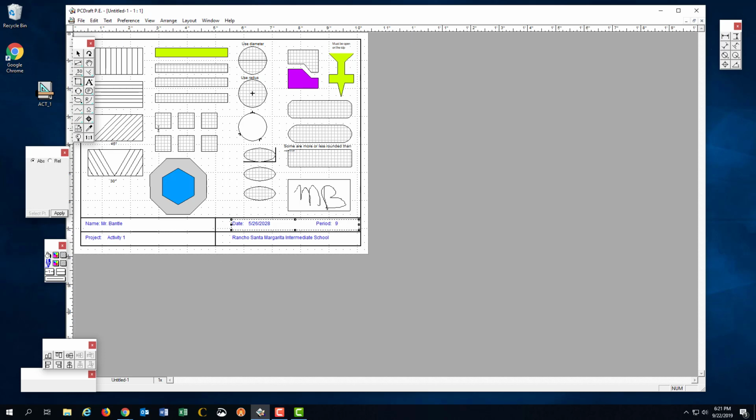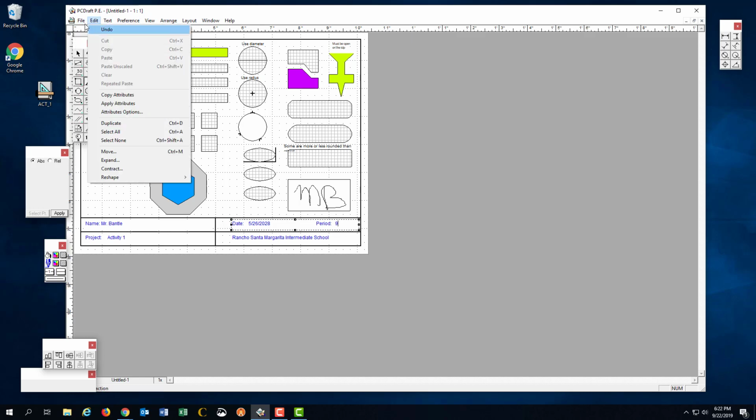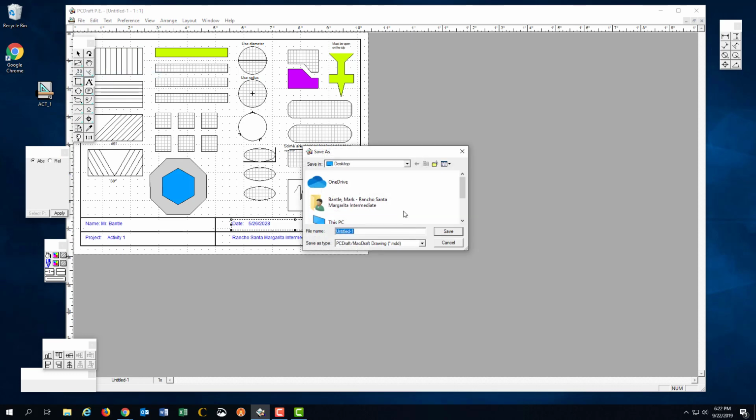Now, one thing we haven't done yet is save the project. So I can go to File and Save. And the first time you save it, it asks you where do you want to save it. So I'm going to call this one Activity 1, and my last name, just so I know that it's mine. I'm also going to look to see where I saved it. I can save it right here onto this desktop,